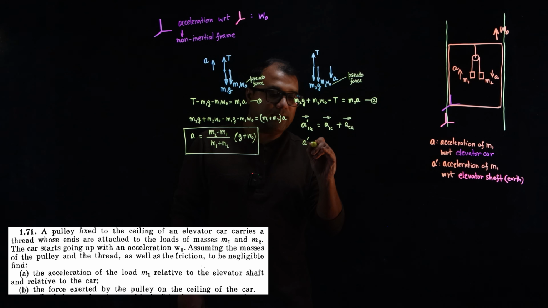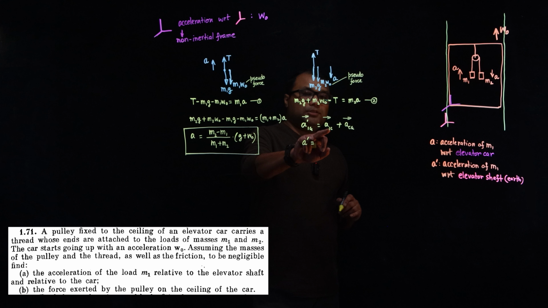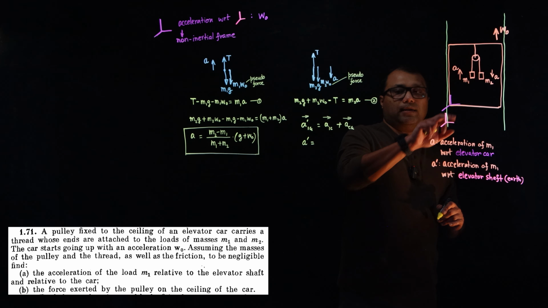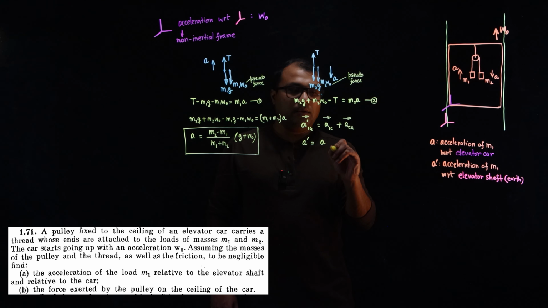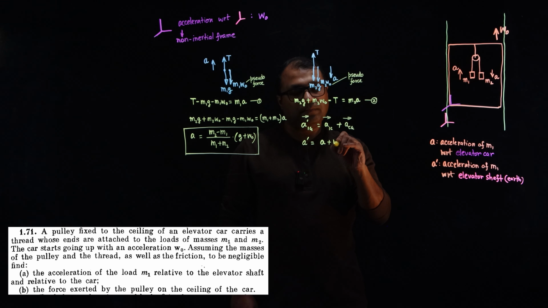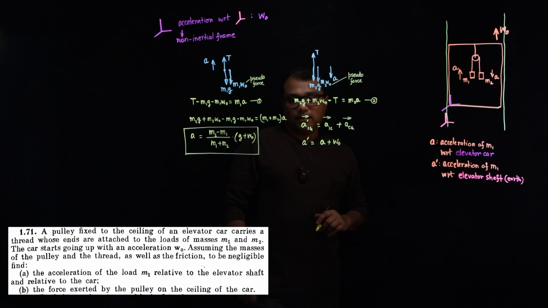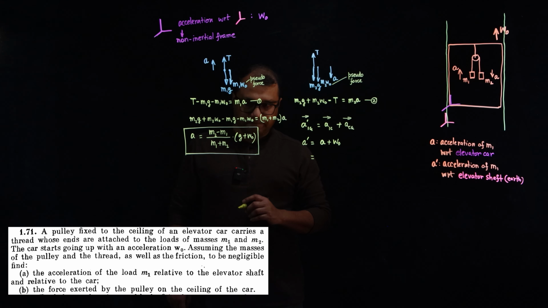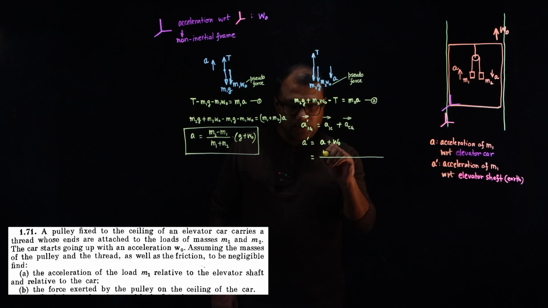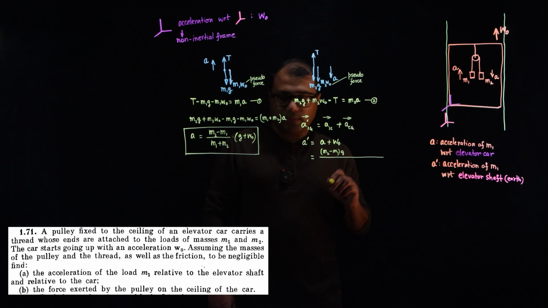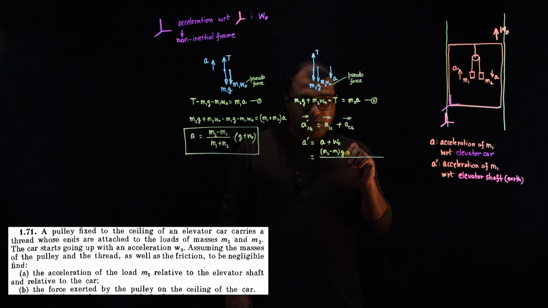So we can write A dashed is acceleration of 1 with respect to C. Acceleration of 1 with respect to the car is nothing but A, and acceleration of car with respect to ground is w0. Okay. So this plus w0. So how much is that? We can write (m2 minus m1) g